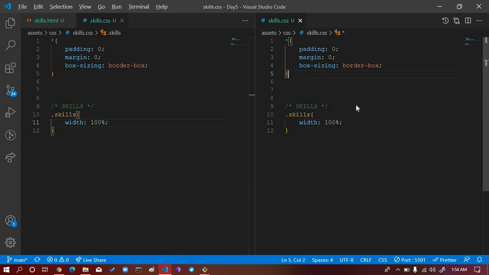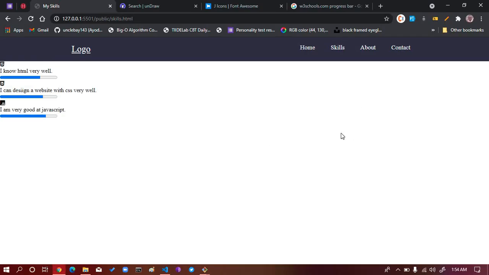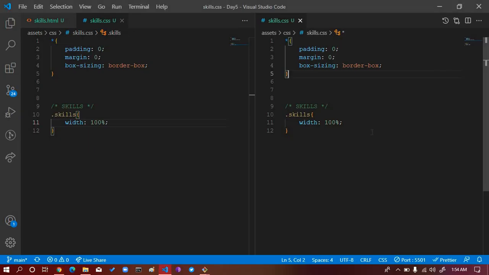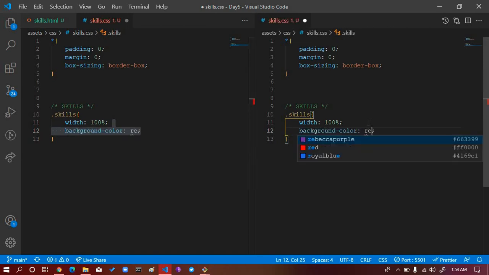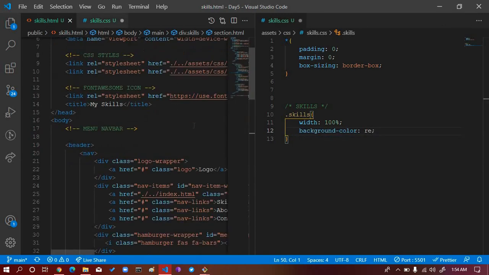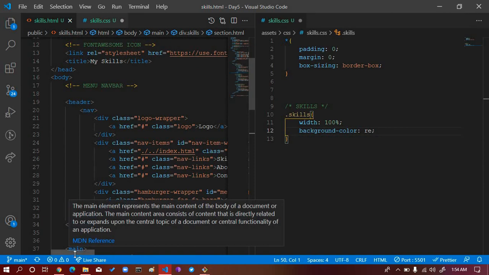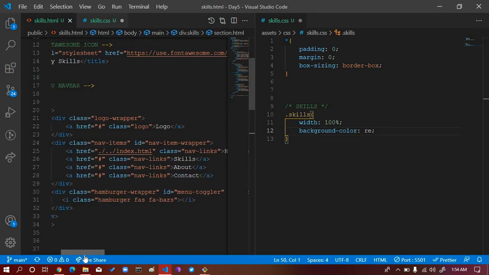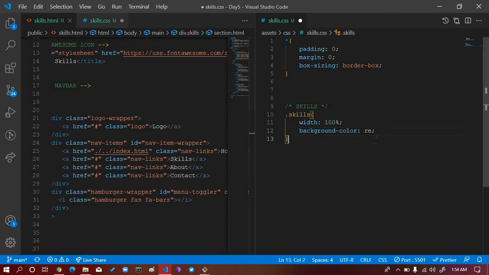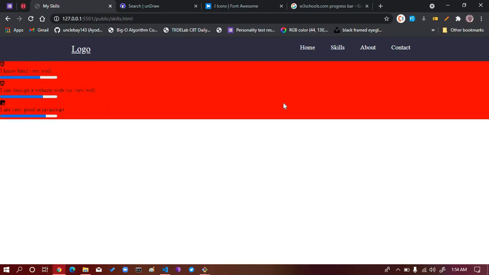Okay, width of 100%. You can see that it's increasing. All right, and let me show you. So background, because this is the HTML I want to show you guys. All right, so red. Okay, so you can see this is red. It's taking 100%. So what we now want to do is that